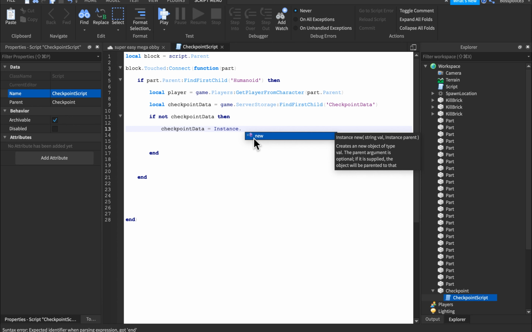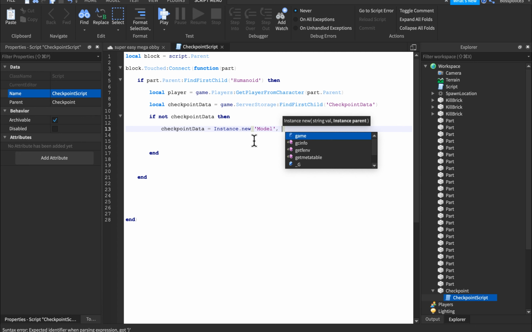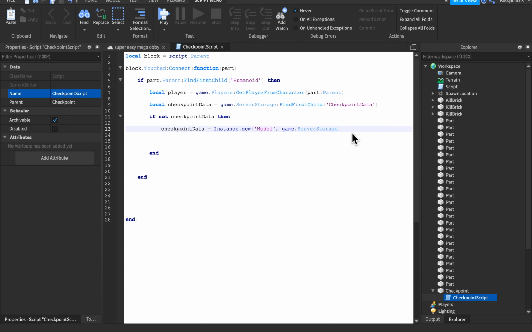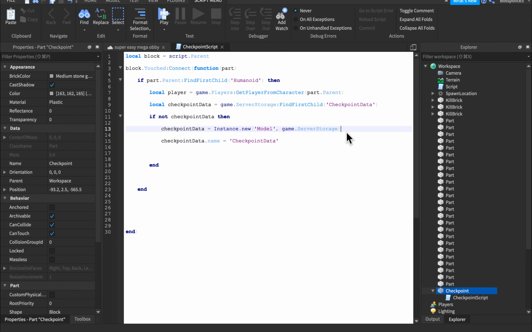Instance.new, parentheses, quotation marks, Model, comma, game.ServerStorage. Then I think we just have one more line of code here, which is checkpointData.Name is equal to quotation marks CheckpointData. So this is the first part, and in part 2 we are going to be finishing the rest